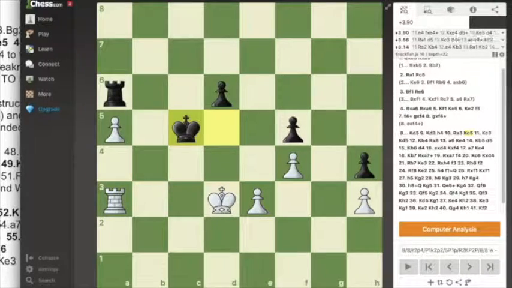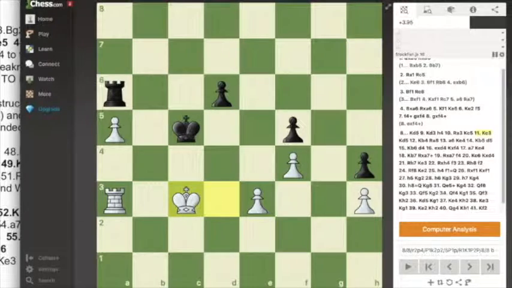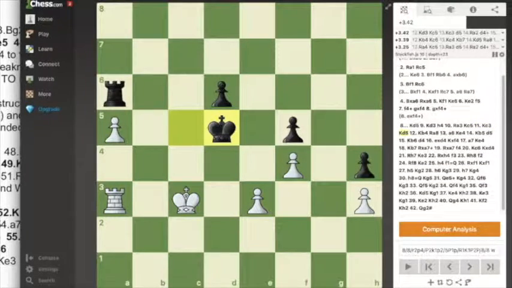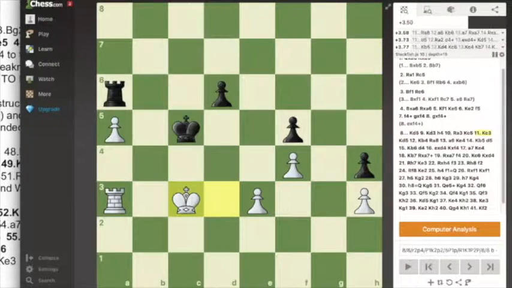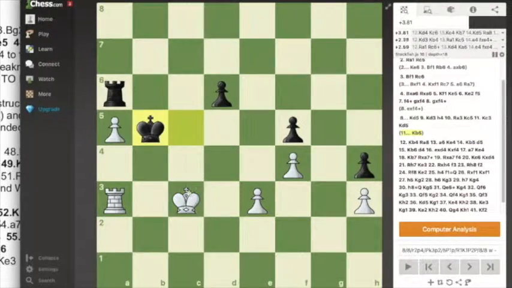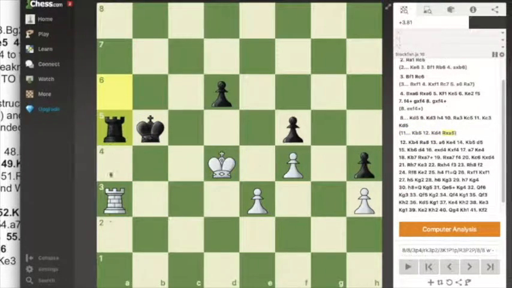Black continues with their plan, trying to win the a5 pawn. White maintains opposition of the black king. And then black continues back to the center, realizing that if they go over here, it's going to be a relatively elementary win. Let's say if they go over here, something like king d4, and then trades,